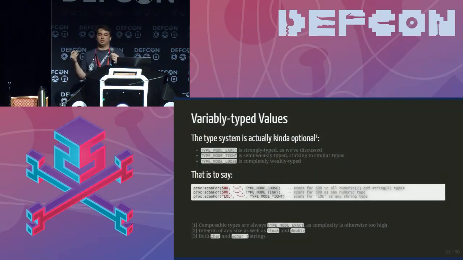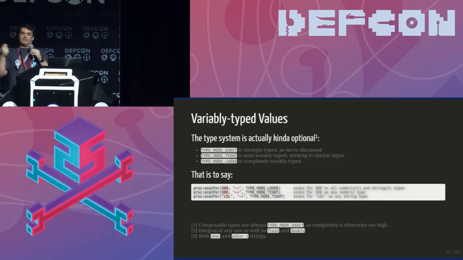So, and there are variable typed values as well. What I mean by that is you don't have to use strong types like we've been talking about. You can specify type mode exact, which is what we've been talking about and is only what's supported in structures. Because if you try to do variable size types in structures, the complexity just blows up. You have to generate a new instance of that structure for every combination of every weak type you have in there, and then you end up with like 500,000 different ways the structure can look, and it just blows up, can't sustain. But for everything else, if you're just scanning for a value, you can say type mode tight,